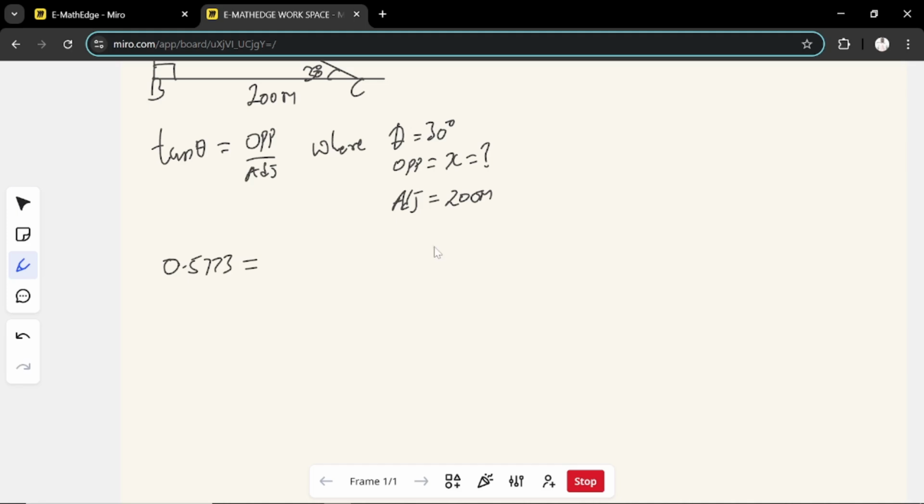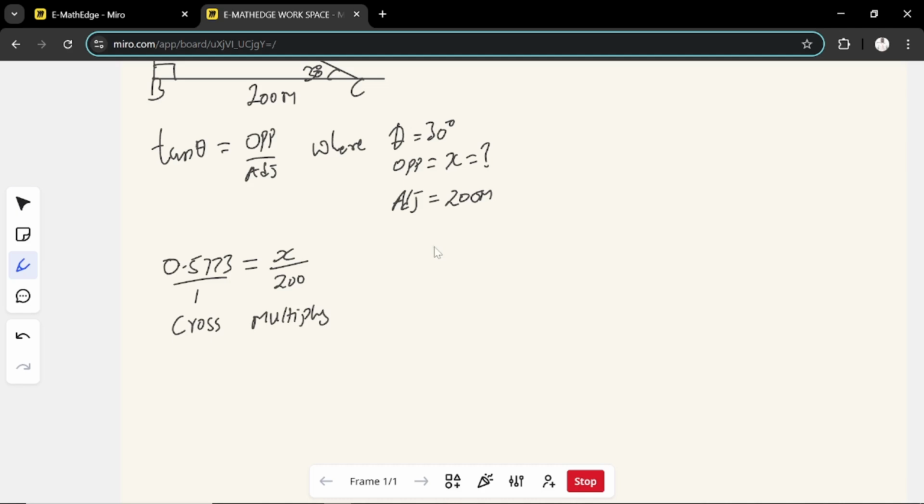To be equal to, what is the opposite? Opposite we don't know, and we target to be x. So let's use it here. All over the adjacent is given to be 200 meters, right? So now let's take this to a fraction so that it will be easy for us to cross multiply. Let's cross multiply